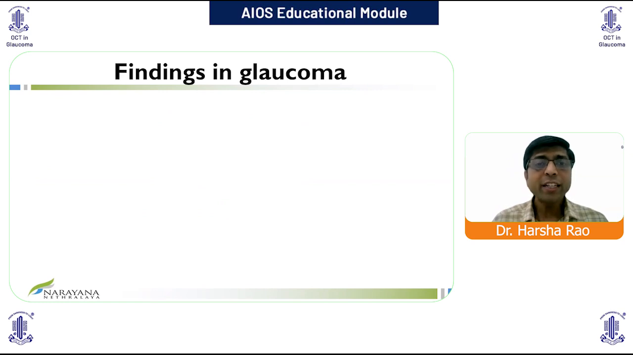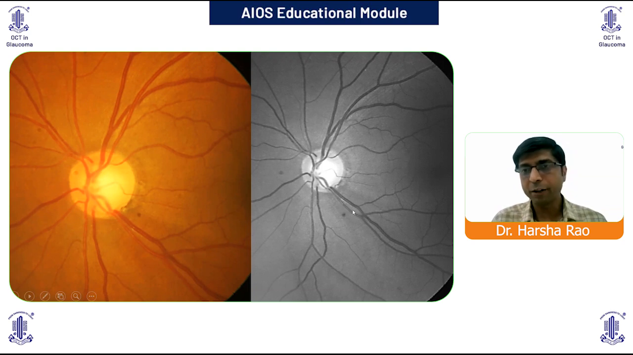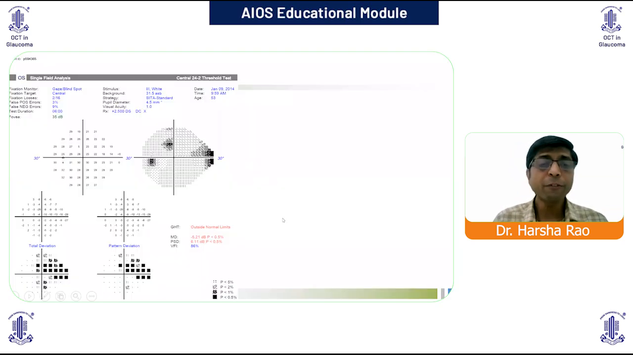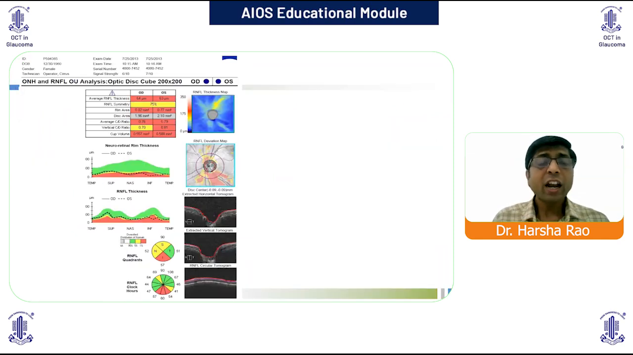So the findings in glaucoma. Here is an example of a glaucomatous left eye, which shows inferior rim thinning and an obvious inferior retinal nerve fiber layer defect, well appreciated on the red-free photograph here. The visual fields of this eye show a superior nasal defect, a superior arcuate defect more in the nasal region, which is more obvious on the 10-2 visual fields, which represents the damage being closer to the fixation. And the Cirrus OCT of this eye shows